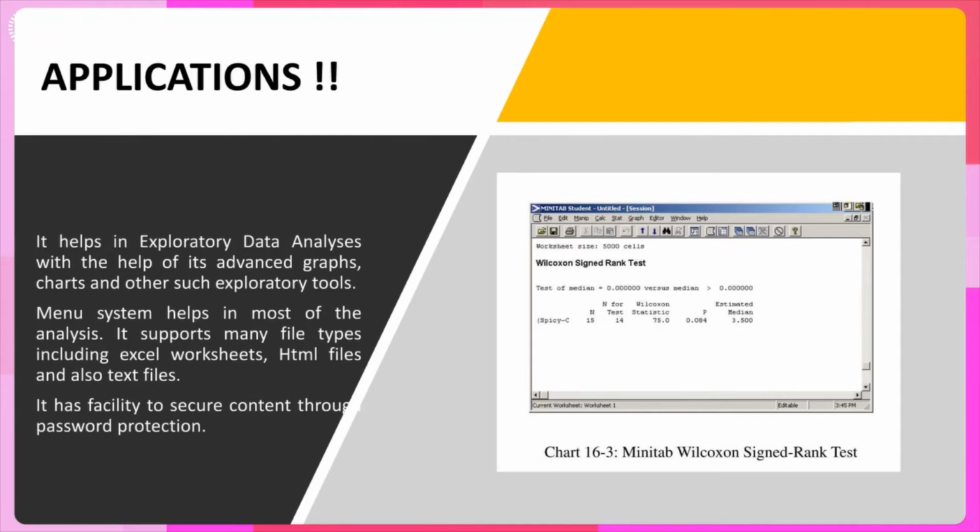Simple mathematical calculations can also be performed using Minitab. Apart from that, various mathematical tools like comparisons, or if you have to carry out logical operations, column, row, status, that can all be done using this software. So it is one of the easy statistical software being used to a large extent in research analysis.